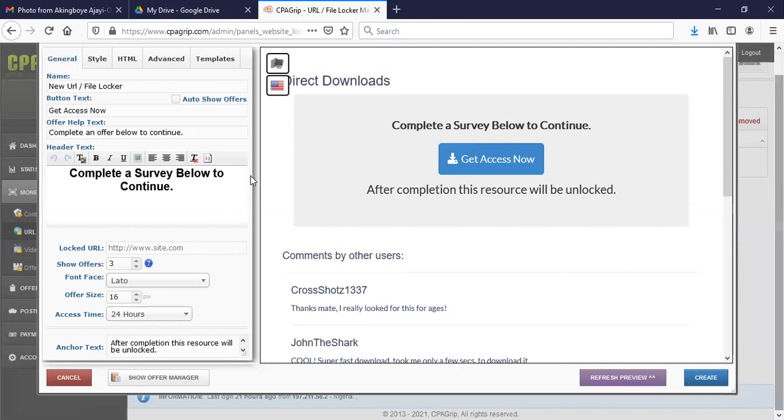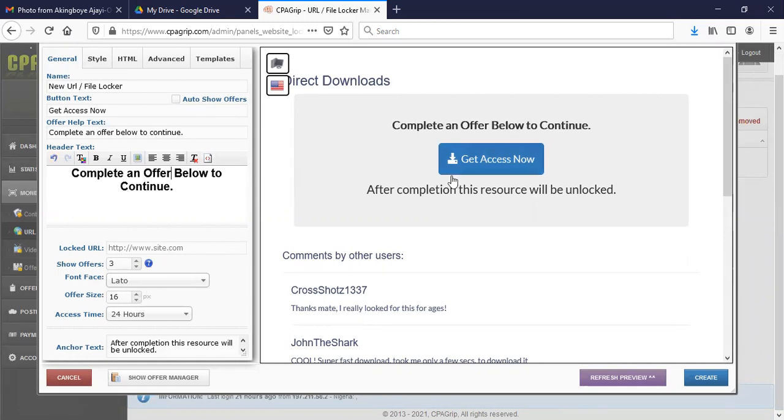Then if I scroll down here, it's going to tell me locked URL. This is the URL you actually want to lock. So for example, if you see this, it says complete a survey below to continue. That's what is written here. So I can say complete an offer below to continue.